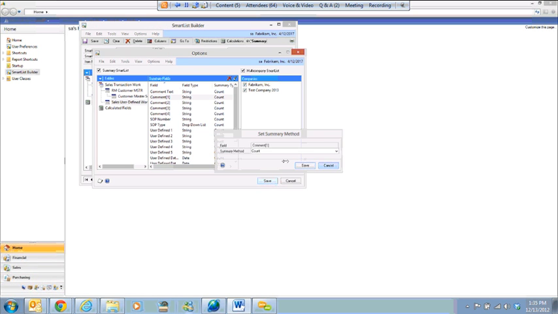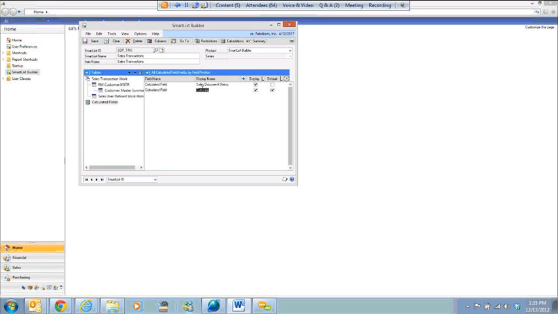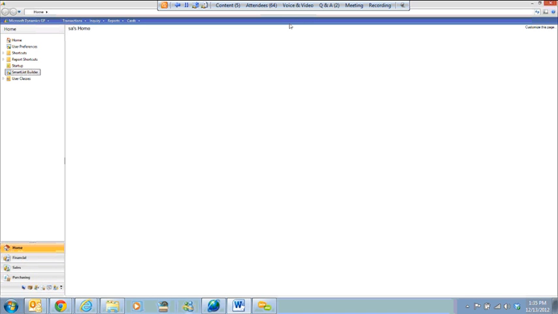Okay, not going to let me edit those calculated fields. I guess I got to write that up. But it should let me change those to be maximum and minimum as well. I'll get that fixed. So you can do summary, you can do multi-company. Another great thing about it is I can actually,